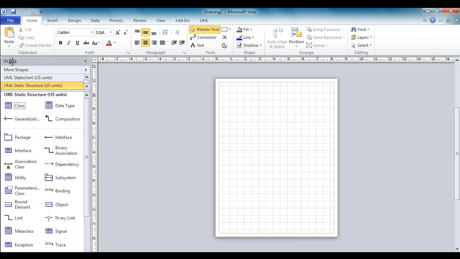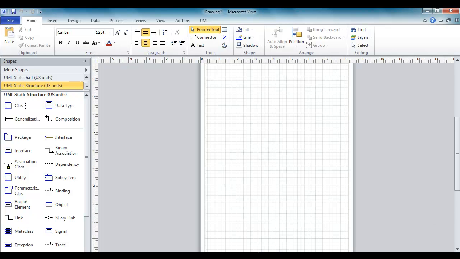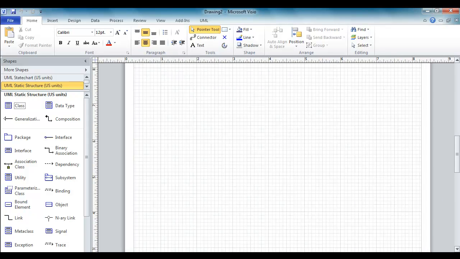Hello, in this video I am going to show you how to create an activity diagram using swim lanes. Let's start creating an activity diagram using a swim lane. As you can see,